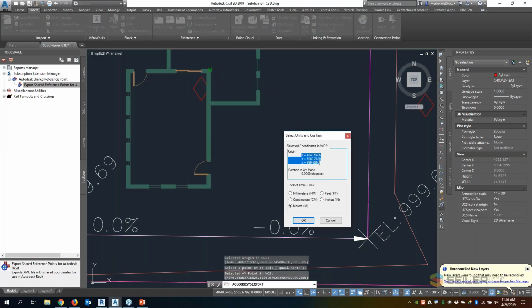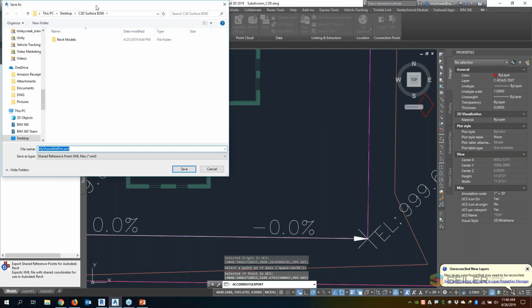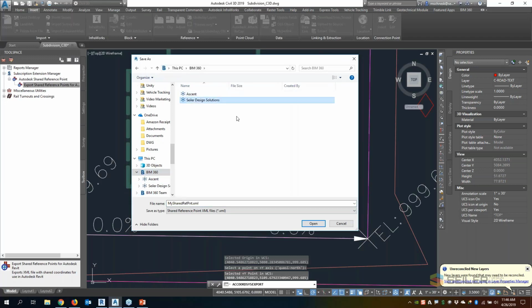This is the origin for that point and the rotation, and this is in feet. I'll click OK, and what it's going to do is write back an XML file. So I'm going to share this XML file back. Again, I'm going to go to my BIM 360, go to my project files, and maybe I'll put this in